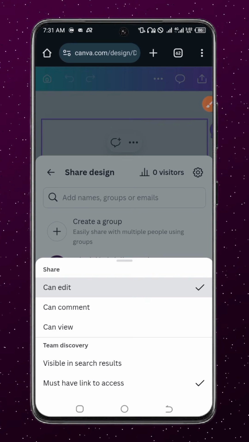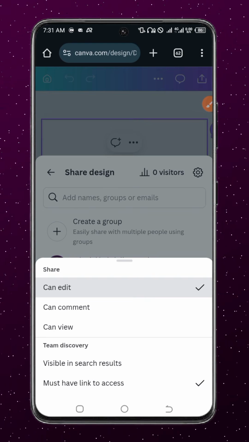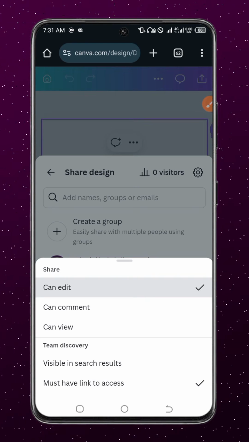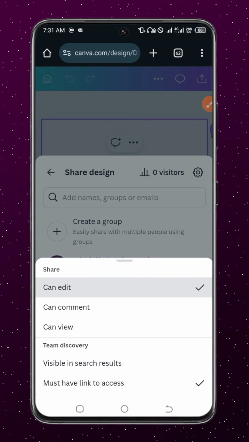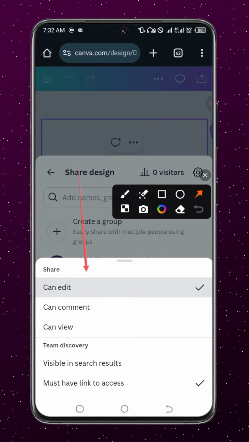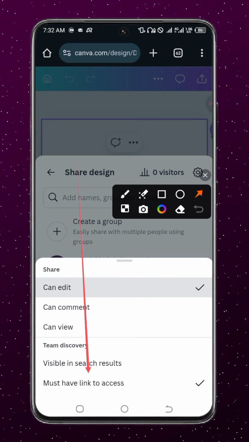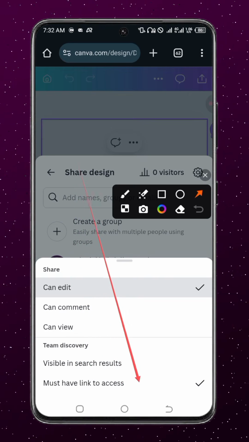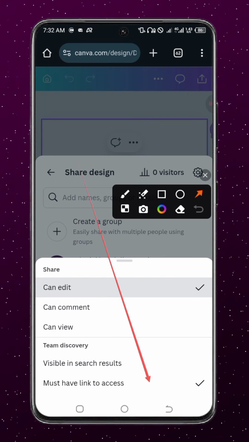So when you click on it, you have can view, can comment, which are very new, and team discovery, must have link access, and visible in search results. And this is just the new one that they just added to it. Before it only had can edit, can comment, and can view, these three functions, but now it has team functions, whereby this one is telling you they must have the link with them to have the